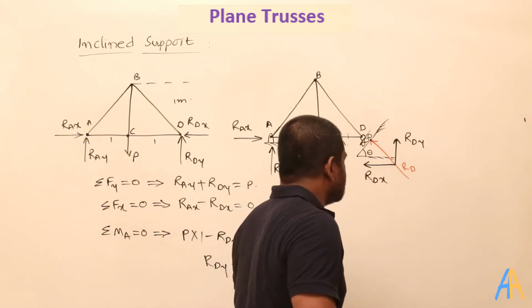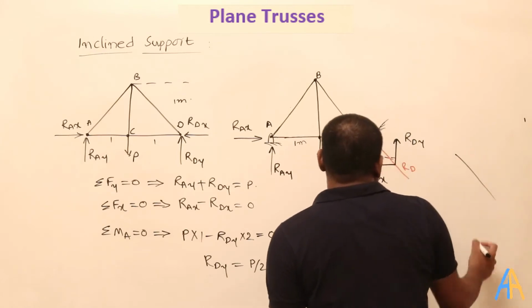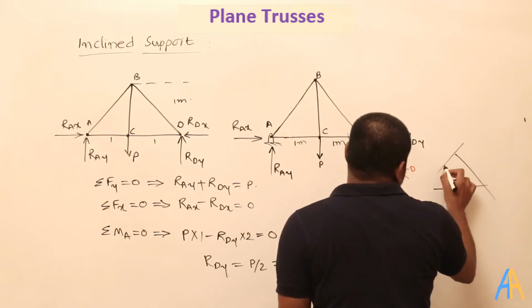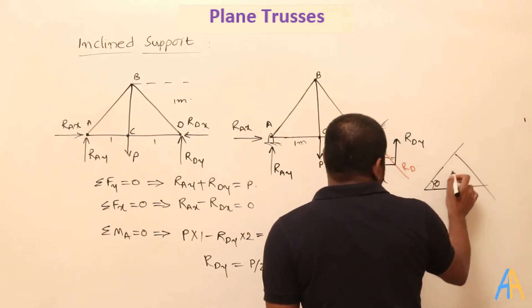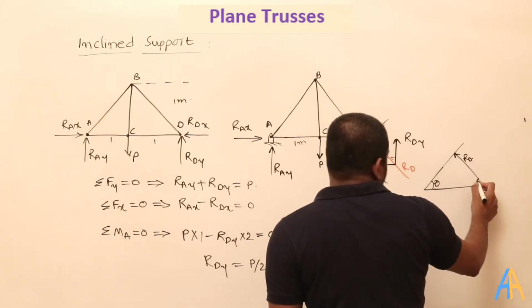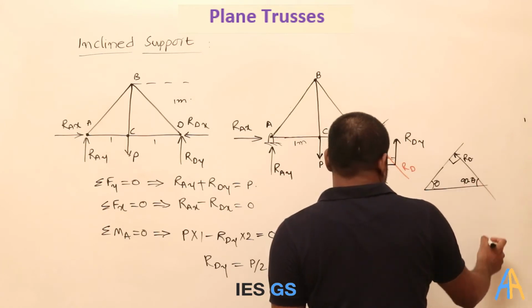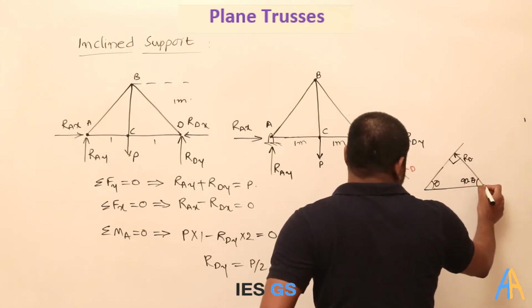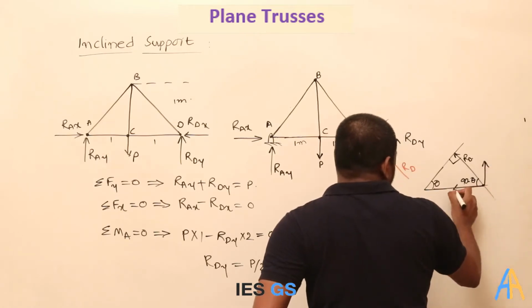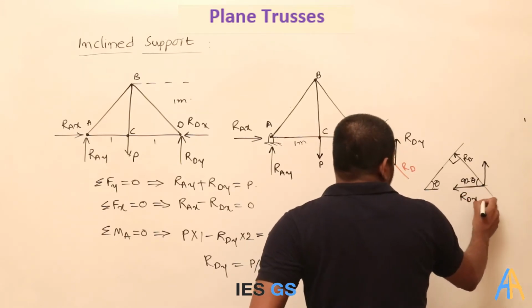So why worry about finding the components of RDY or RDX this way? Because here the resultant direction is known. What is the resultant? The resultant is like this. What is the angle it is making? Here it is 90 degrees. So this is 90, this is theta, and what I am writing for this is RD. So this will become 90 minus theta. At this 90 minus theta, this is the one component and this is the other component I am writing. This is the RDX and this is the RDY.